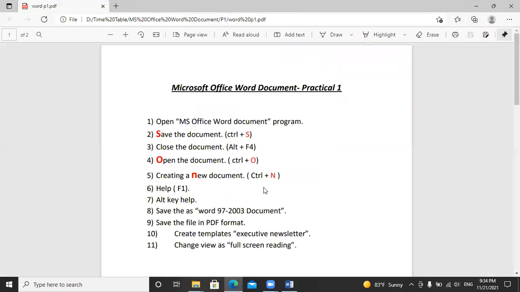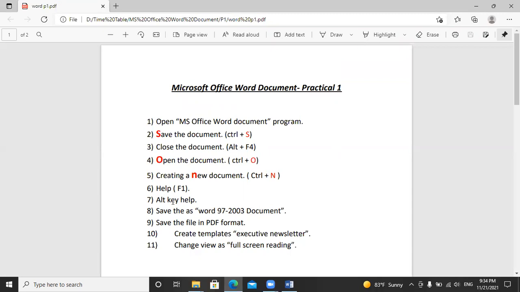Okay, after that, here we have saving the file in Word 97-2003 document. Why do I want to save it in 2003 format, although I am using 2016? Sorry, I missed number 7 here. I will start from number 7.